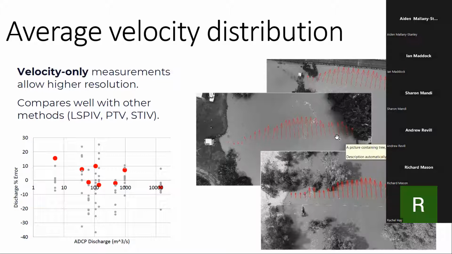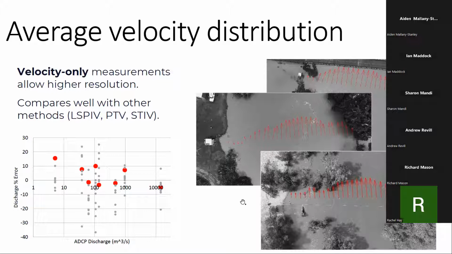And I don't know if somebody has the final score for that, but here I'm comparing how the percentage error varied for the different data sets that were analyzed there compared to other methods such as SPIV, PTV, STIV. So it was within the same range of uncertainty, but somehow with the benefit that in our case, although here there were traces, the method itself wouldn't need traces, but could also work even just with gravity waves